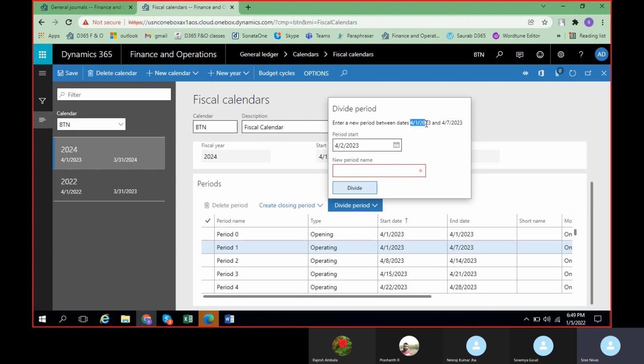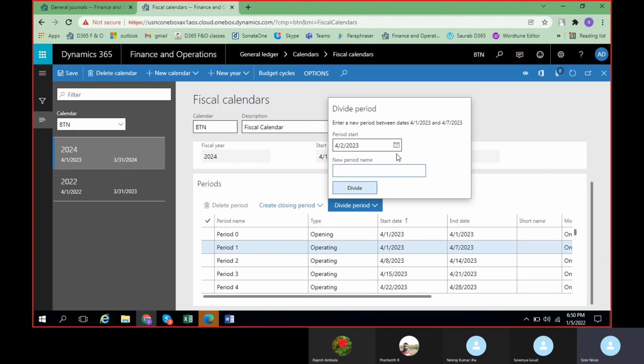That means it allows you to break down this period only within the 7 days, since you have selected only period 1. So it has nothing to do with the rest of the periods, whatever has been created as per the conditions given while creating the calendar or the new year. This will create changes only for this particular period.